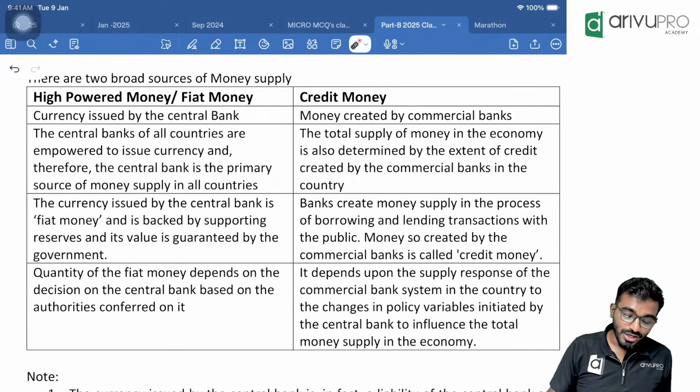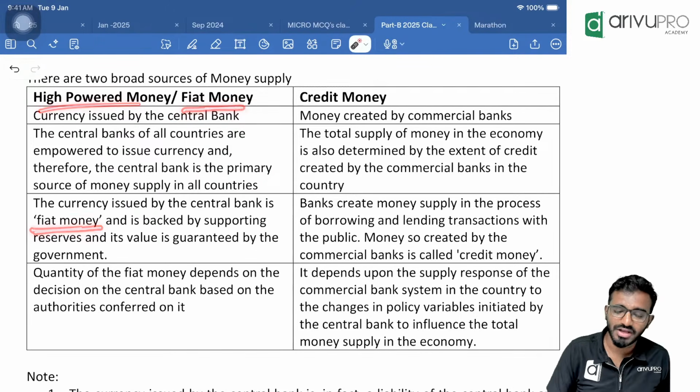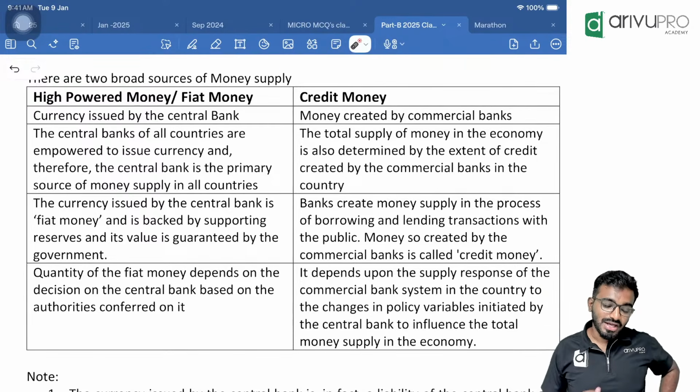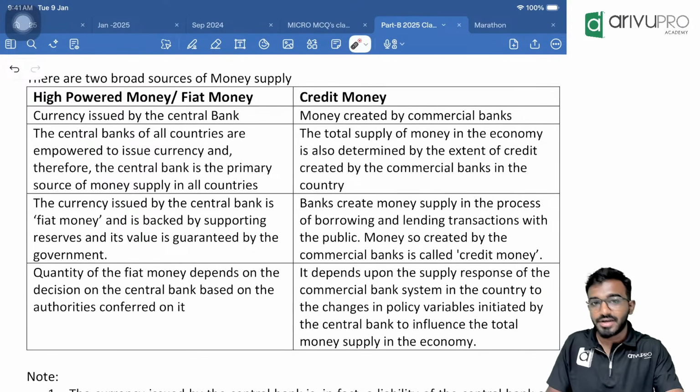Clear? Okay, so the primary source of money supply is always the central bank of the nation. The money which is issued by the central bank is called fiat money or high powered money, or we can also refer to it as monetary base. These are the 3 different names. And every money that is printed and circulated by,